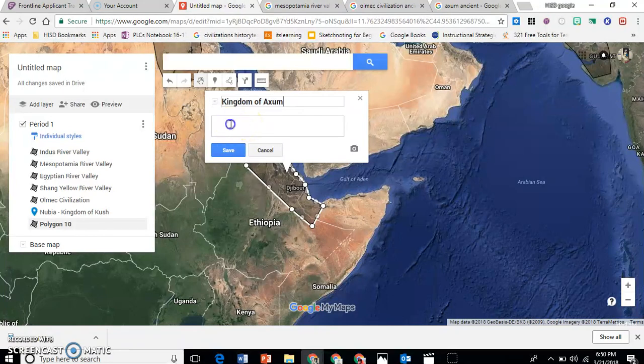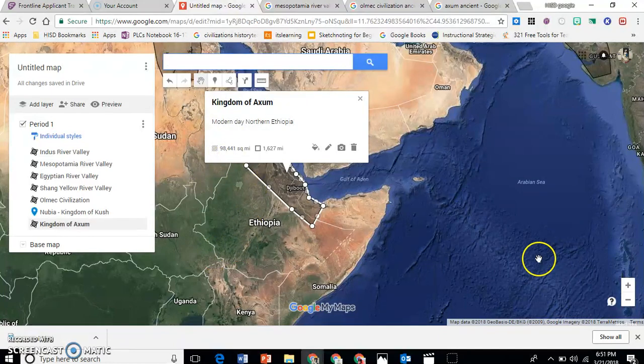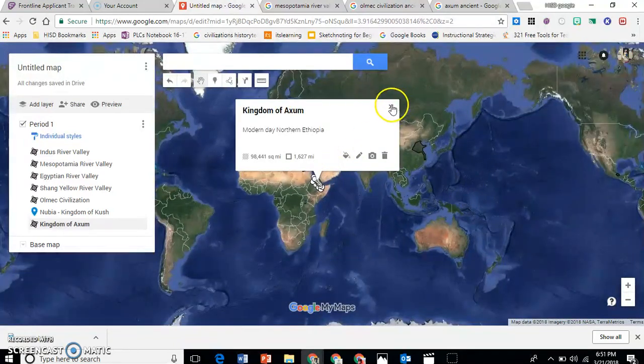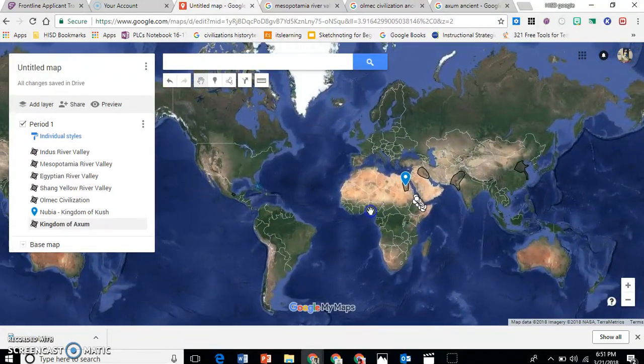And you can put down that it is in modern day northern Ethiopia. And now you have completely outlined everything on your period 1 map that needs to be outlined,